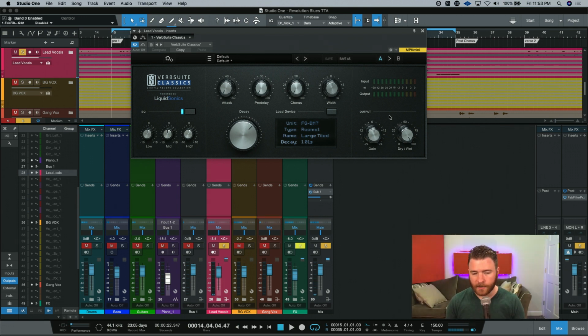So on something like this plugin here, or having things on a parallel bus with a reverb there, you can find your blend of dry signal and wet signal. This way you're not one or the other. It can be a balance of both. For this instance, I'm just going to use the knob here, and I'm going to start dry and start bringing a little bit of the reverb in, making it wetter.